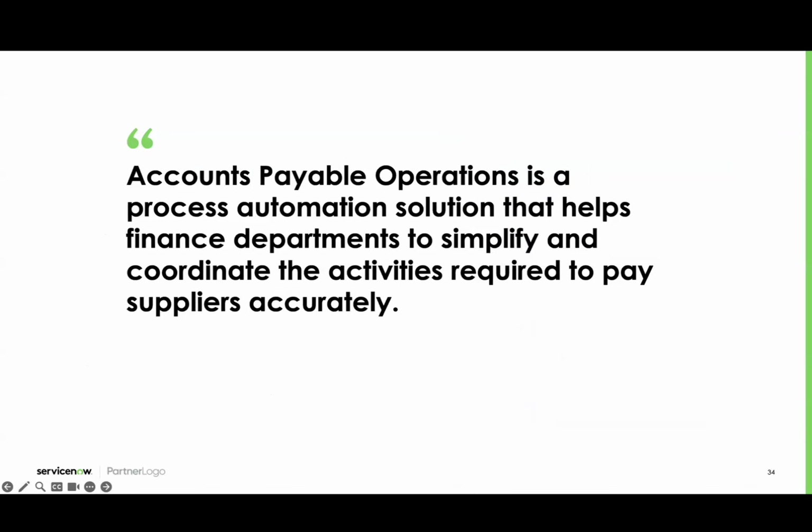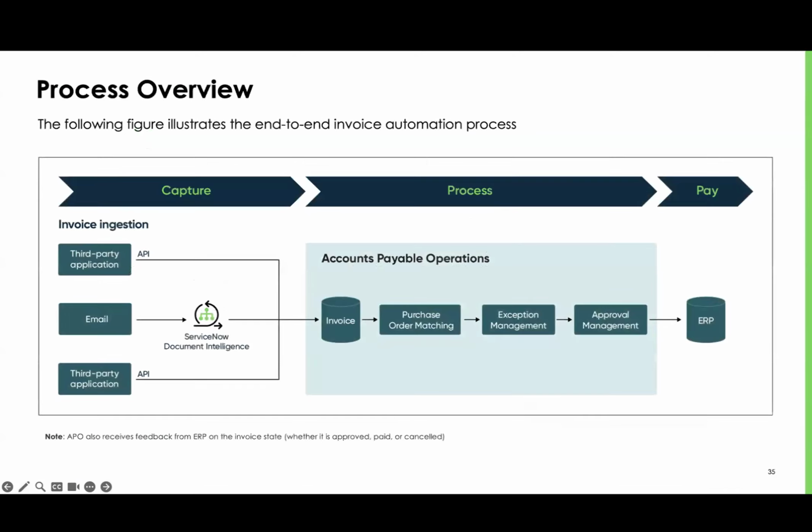And finally, on to accounts payable. As I mentioned, these are just whistle-stop tours, but it gives you a few of the components. We have the ability to ingest all those invoices, which could come from the portal, email, the API, or a third party. Then we have ServiceNow Document Intelligence, which ingests those invoices and takes all the manual labor of creating that invoice and the invoice line items for you. So you can go in there as an AP agent and just quickly check through those,